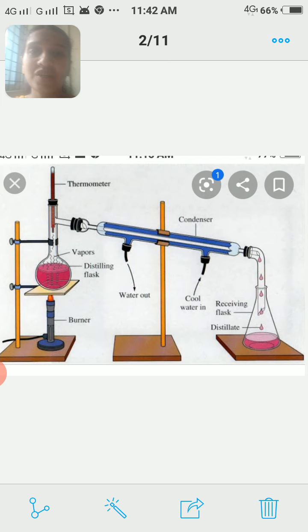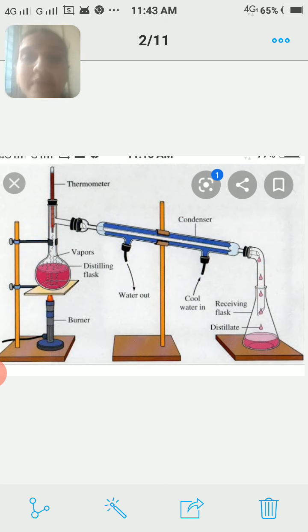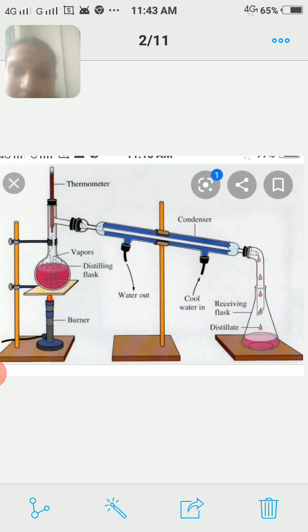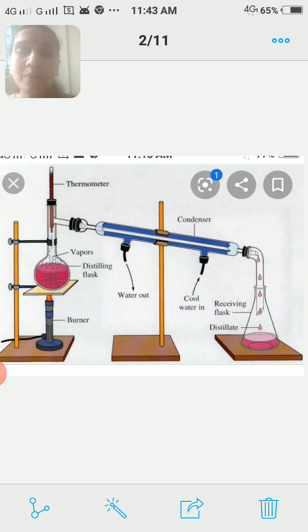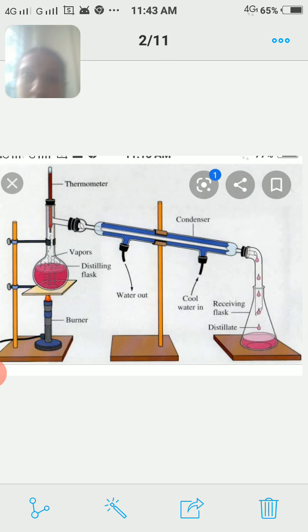In this method, the mixture will be heated in the flask. The liquid in the flask will evaporate and is collected in the other beaker with the help of the condenser. The solid component will be left behind in the flask. The round bottom flask which you observed, no? After heating, the solid component will remain in the round bottom flask. This is how we prepare distilled water. Got it, children? This is the third method of separating insoluble liquids from the solid components.